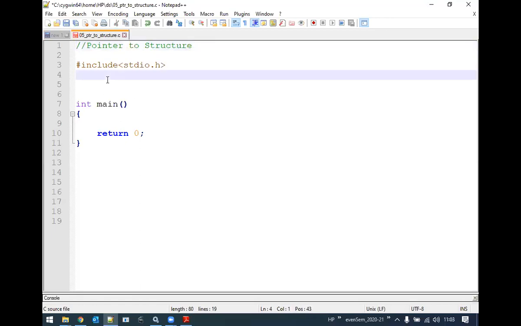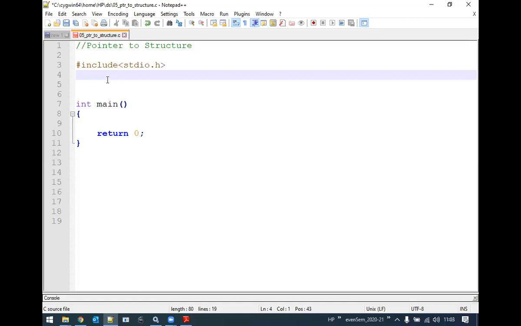Now we all know that structure is what? Again, a structure is a group of elements, but the difference compared to an array is that the structure can store different data types of elements as its parts. If you compare the array and structure, you get only one difference: a structure can have different variables of different data types.